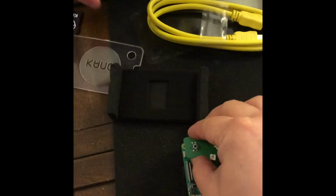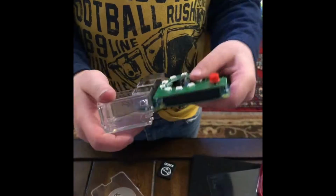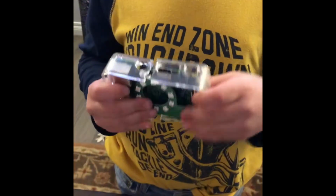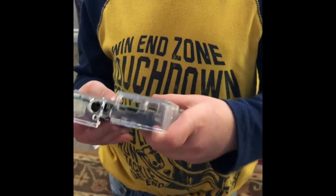Put it backwards with these stuff. Can you help? Then you have to put this hard. Actually, Daddy, can you help me put this? Then we're going to plug on then